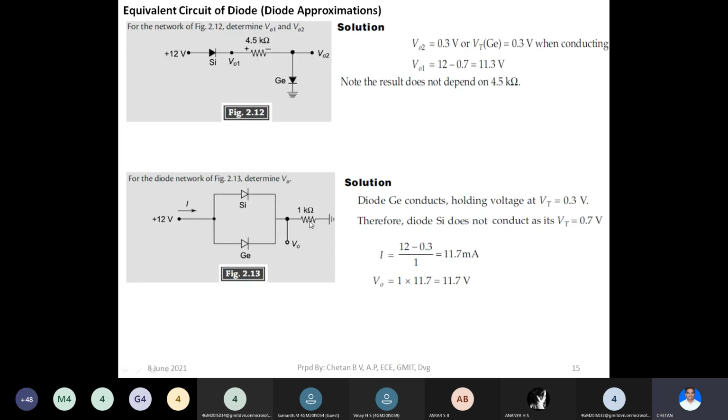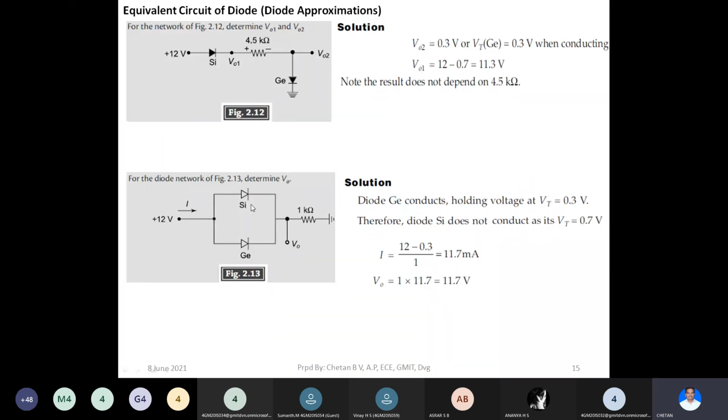Both are the same. So what we have to consider here is, we know the VT value. The first thing is we have to replace the silicon diode and the germanium diode with the approximate model. Once we replace the silicon diode with the approximate model, in place of this silicon diode we have a battery of 0.7 volt. In place of the germanium diode, we have a battery of 0.3 volt. What is 0.3? 0.3 is the threshold voltage or knee voltage beyond which the germanium diode would conduct. So the threshold voltage of germanium, which is 0.3, is very much less compared to the threshold voltage 0.7 of silicon.